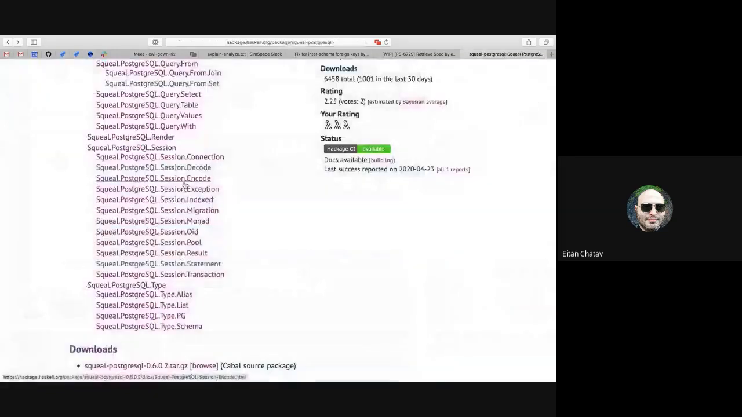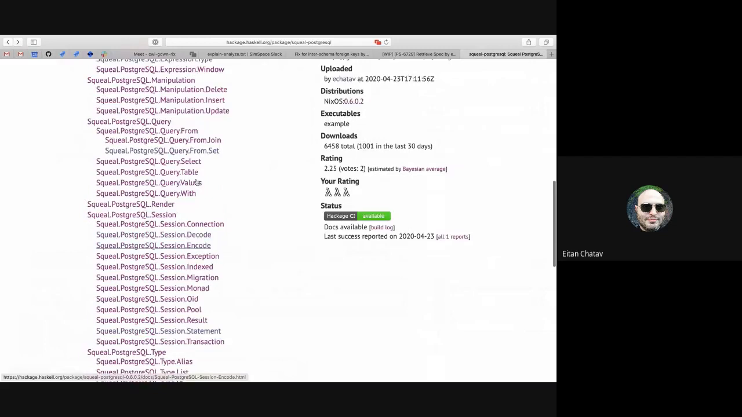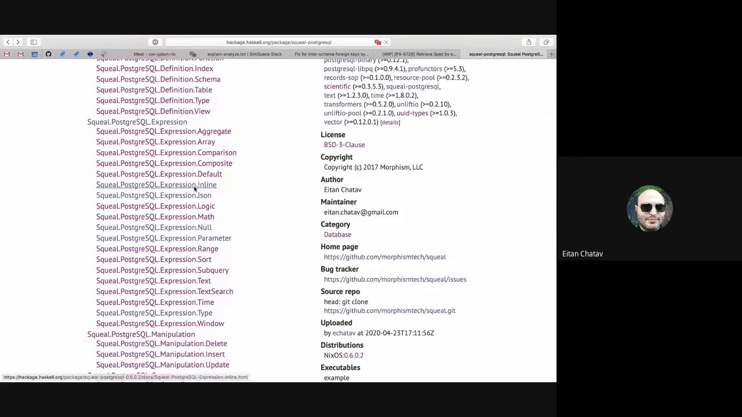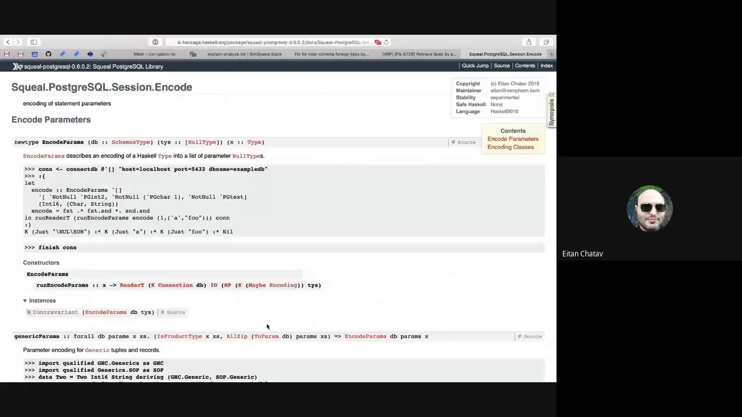Okay. So encoding is for out-of-line parameters. So we have decoding, encoding, and we also have inlining, right? So we have two ways of getting our Haskell values into SQL, and one is with inlining and one is with out-of-line parameters. So encoding is for encoding your out-of-line parameters. Okay, so first thing to notice is that encoding depends on the database. And the reason for this is because